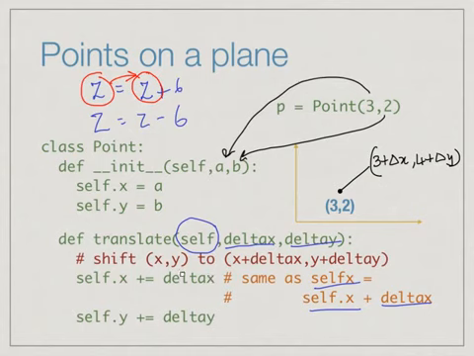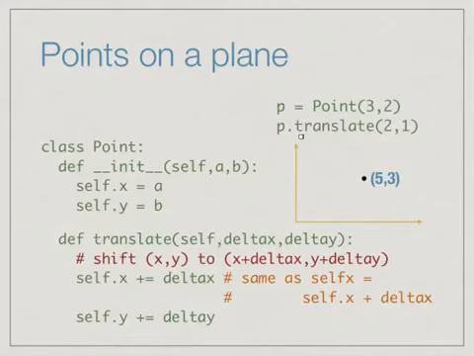So this shifts the x coordinate of the current point by the argument provided to translate. Similarly, self.y += delta y will shift the y coordinate by the amount provided by delta y. So for instance, now if we say p.translate(2, 1), then we get a new point which is 3 plus 2, 5, for the x coordinate and 2 plus 1, 3, right? So 3 plus 2 gives us 5 and 2 plus 1 gives us 3. So this shifts the point from (3, 2) to (5, 3). Right? So this is how we define these internal